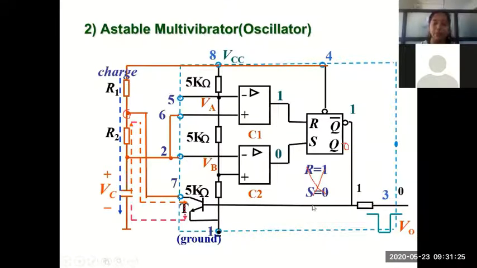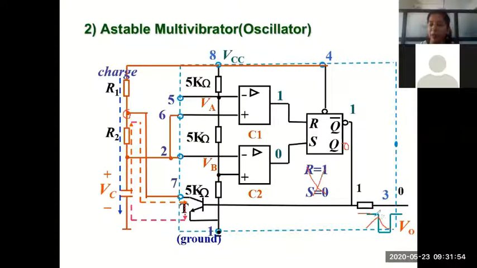So as this capacitor is discharging, it's not discharging directly now. Please see here. When does the capacitor charge? When the output is in high state. But it can charge only up to the level 2/3 VCC. After that, when it just crosses 2/3 VCC, this capacitor discharges. But how far can this capacitor discharge?